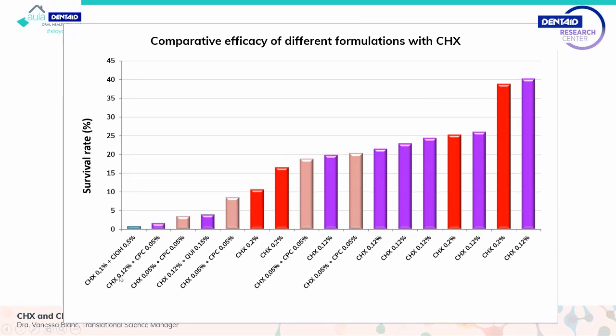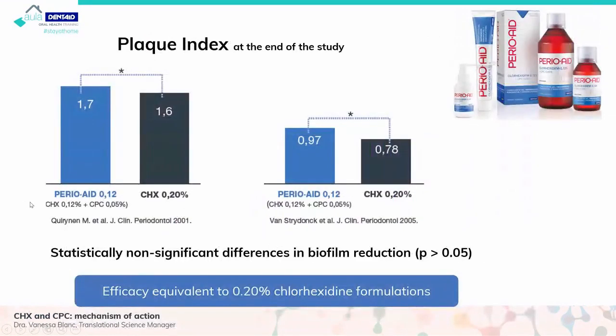This chlorhexidine is 0.12%, and the survival rate of the biofilm is less than 5%. And also this is a formulation with chlorhexidine 0.012%. So not all the formulations that share the same concentration of chlorhexidine work equally. Clinically, formulations with 0.12% chlorhexidine plus CPC, in 2 clinical studies, are as effective as chlorhexidine 0.2%